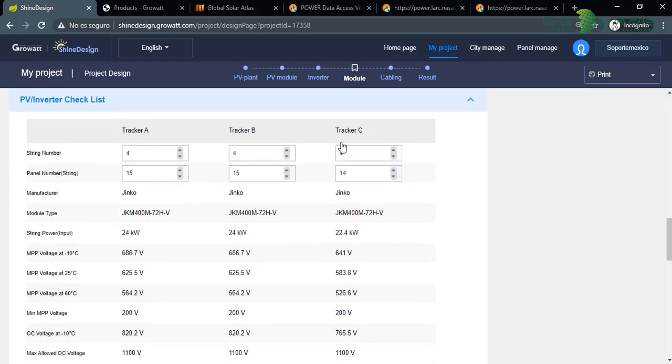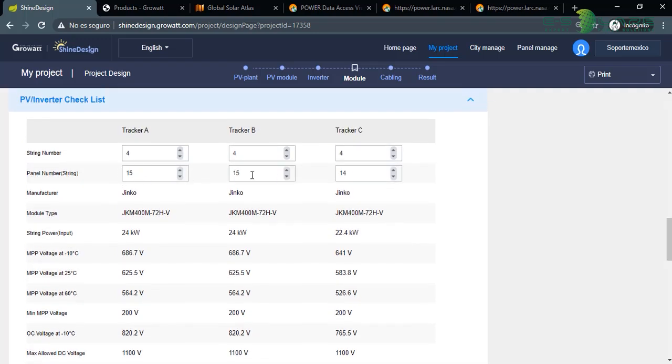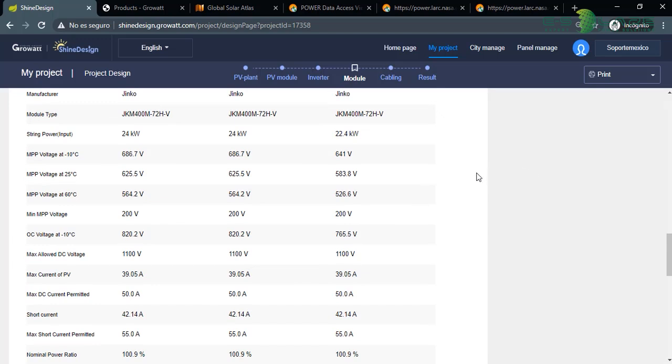This model has 3 MPPTs with 4 strings per MPPT. If I use 15 modules per string in 2 MPPTs, and in my third MPPT I use 14 modules instead,